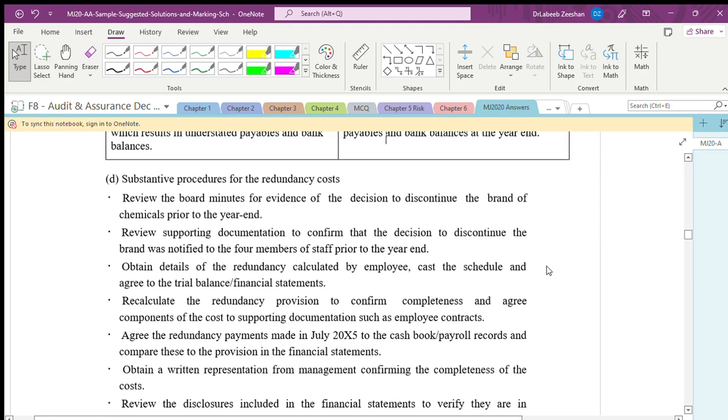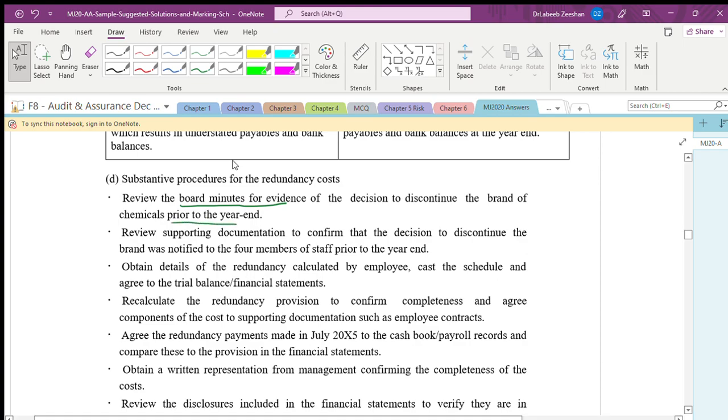See, I just mentioned, you have to get the approval from the management first and foremost. Review the board meeting minutes for evidence to discontinue the brand of the